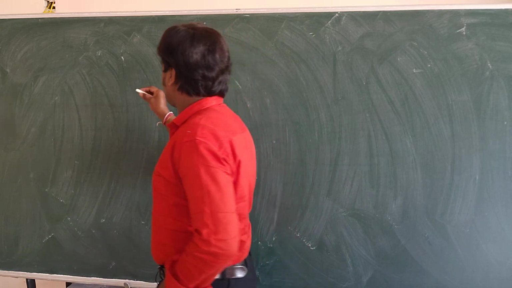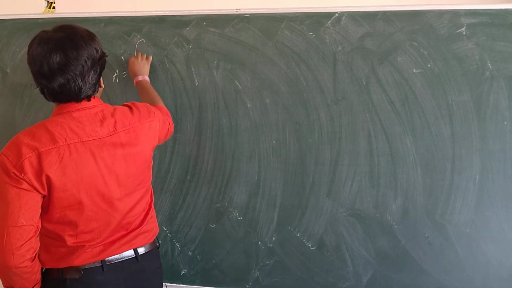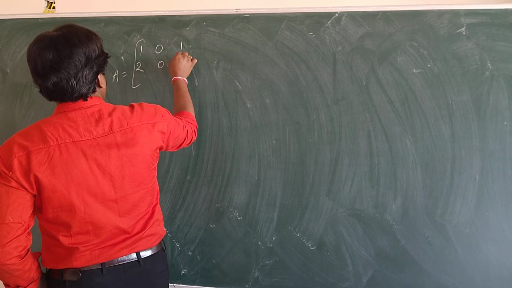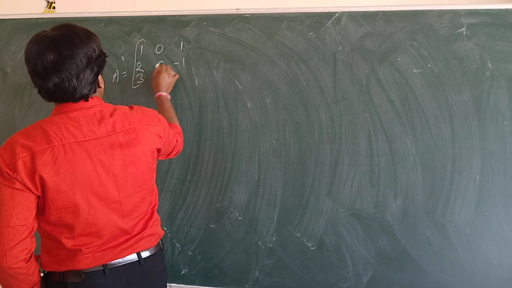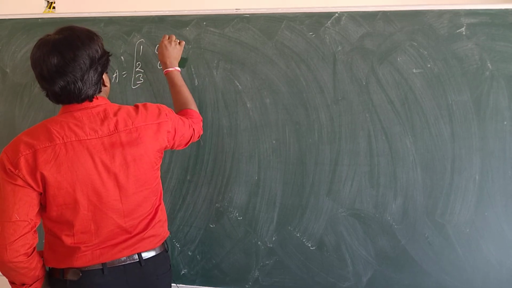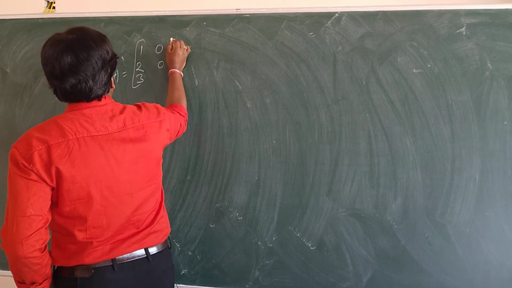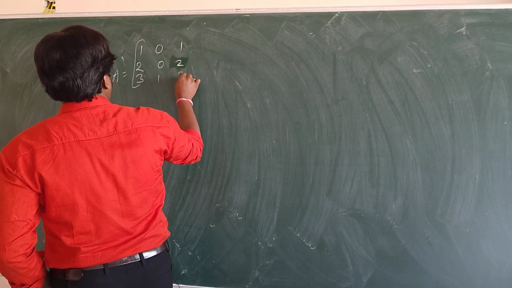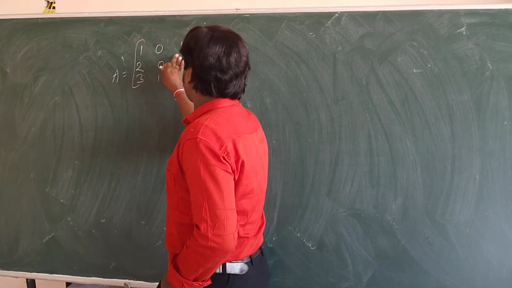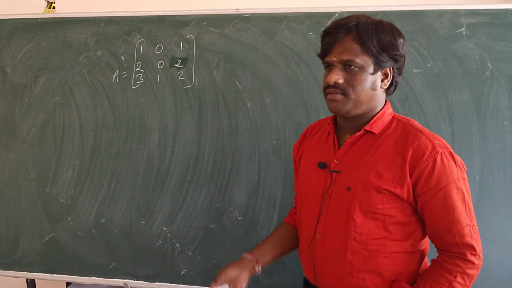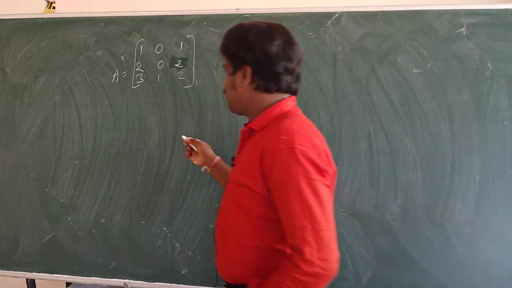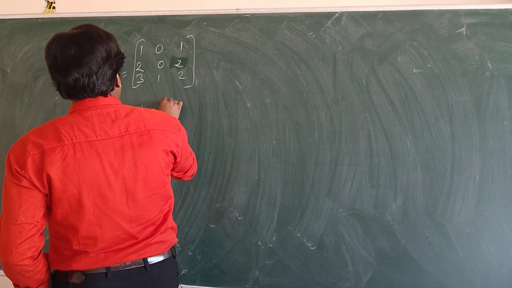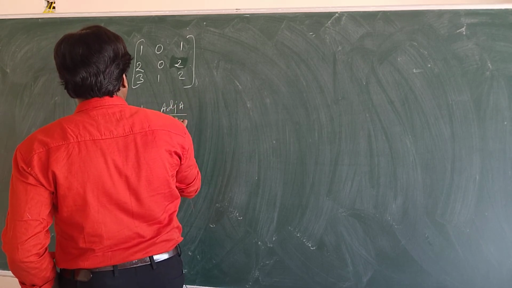So if you have any matrix, like here A is equal to 1 0 1, 2 0 minus 1, 3. I don't take minus, let's take 3. No, let's take 2. Okay, 1. Okay, it is 2. This is a matrix. So I want to find the inverse of this matrix. What is the formula we have? A inverse is equal to adjoint of A by determinant of A. Just now I found.